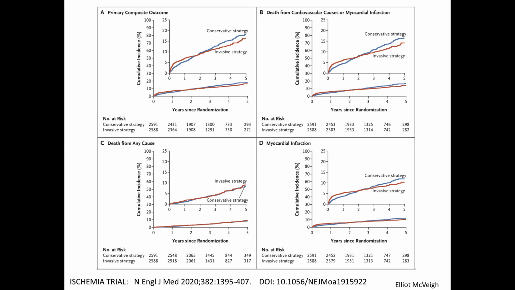However, remember, there's two games being played here. Does life expectancy change in my group that I'm insuring, versus me as a person: can I still cycle 5 miles a day? That's a different question, right? And in my group of friends who've had this done, they were unable to cycle, or they were unable to even walk around a golf course and such like that. And then post, they could do those things. So those are different outcomes, right? They're going to die at the same time as the other people, but now they're